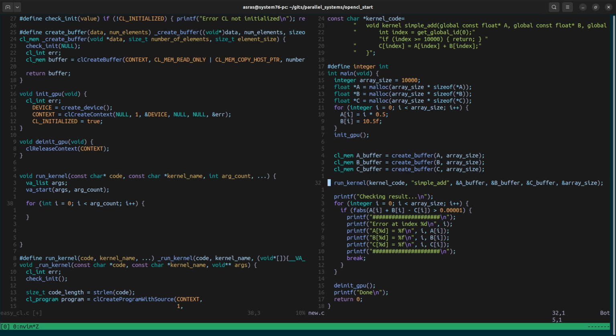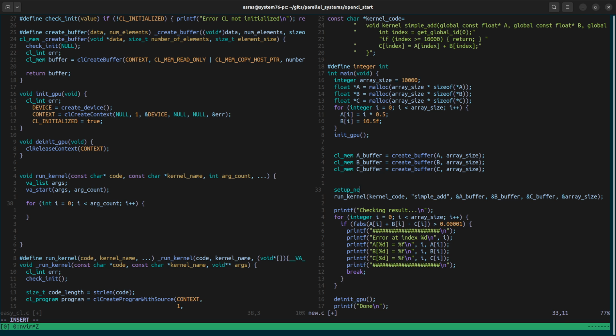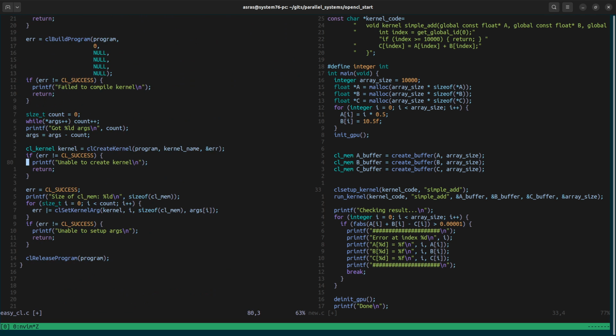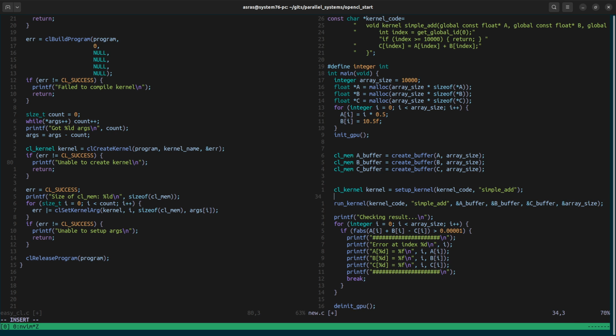So really, we probably have to do something like set up kernel code. Here's the actual name, and that's going to give us a kernel, and then we can say add kernel arg, and it's on this kernel, and it's like this one, and it's going to be